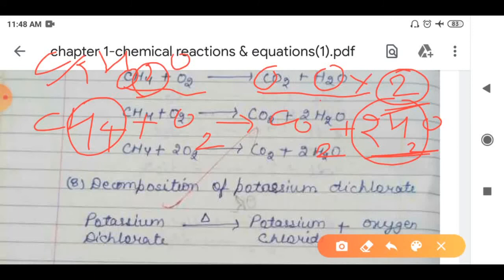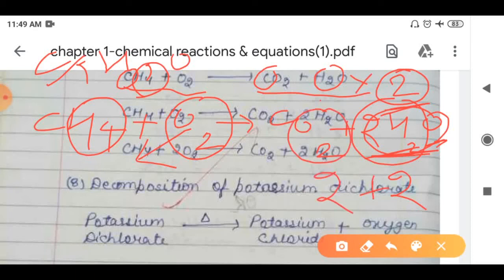Now let me talk about the oxygen. Okay, so how many oxygen atoms are present here? 2 oxygen atoms are present in the reactant side. And how many oxygen atoms are present in the product side? 2 multiplied by 1 oxygen, so 2 is here, and 2 oxygens are present in terms of carbon dioxide. So 2 plus 2, that is total 4 oxygen atoms present